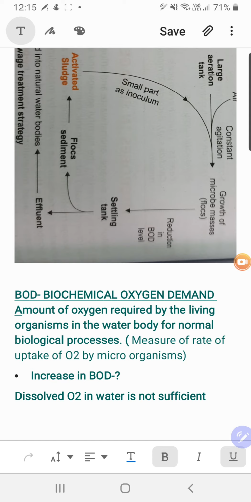So this particular video is all about sewage treatment, including primary and secondary. And the tertiary one, I'm just letting you know, tertiary treatment includes the treatment of turbidity of water. That means the physical appearance of water, and whether the dissolved oxygen and the minerals which are naturally present in the water are sufficient, I mean the composition of water is maintained there. That's the tertiary treatment, but you have to prepare only up to secondary treatment. Right, children? So I'm concluding this video here, and I'll be proceeding with the next video.